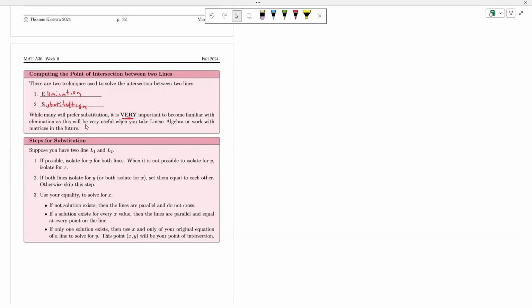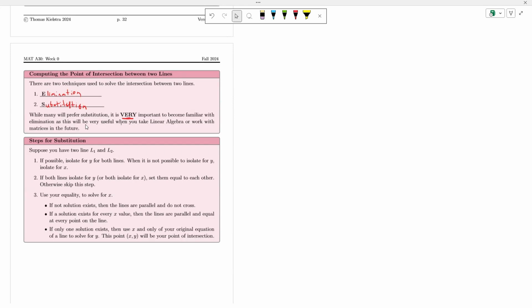Suppose you have two lines, L1 and L2. If possible, isolate for y for both lines. When it is not possible to isolate for y, isolate for x. If both lines isolate for y, or both isolate for x, set them equal to each other. Otherwise, skip this step. When you use your equality to solve for x,